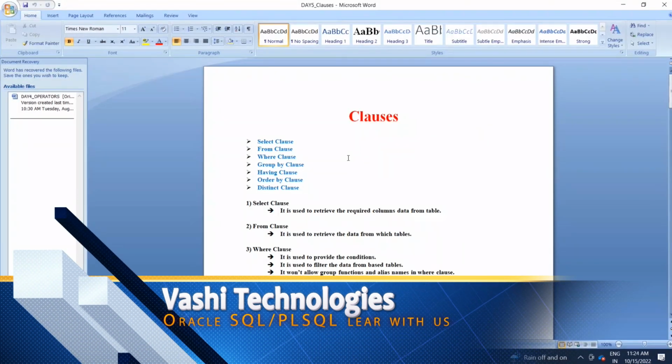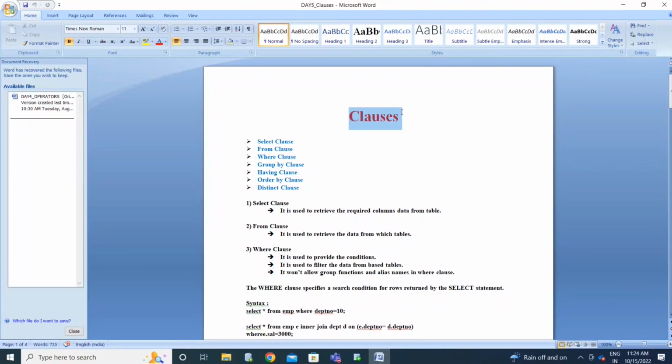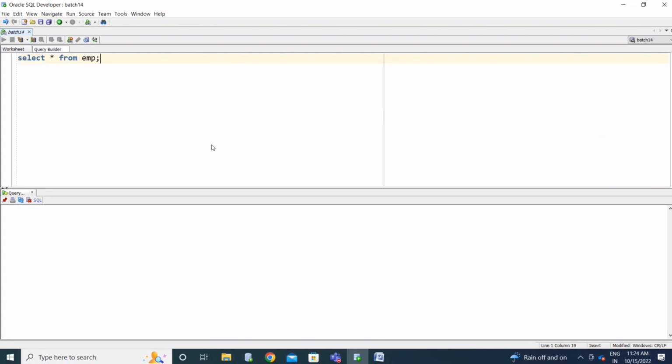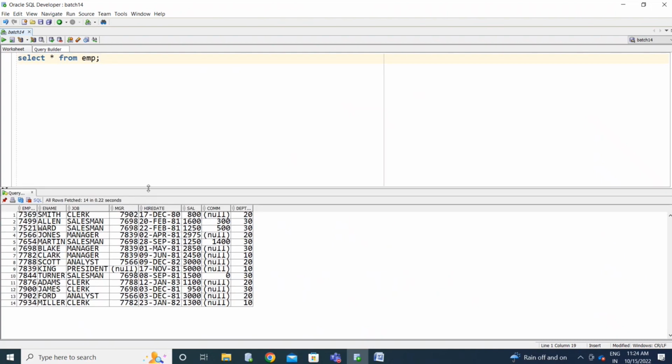So we'll see the new topic, clauses in Oracle. You already know a few clauses from this. First we'll write some queries and get to know what the clauses are. Let's start from EMP. If you are writing this query on this table,